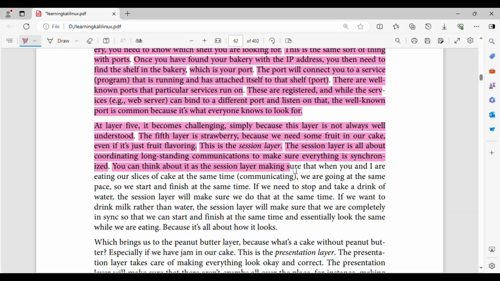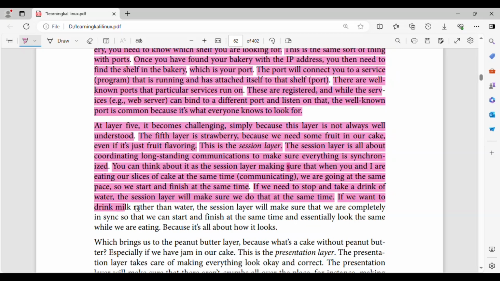You can think about it as the session layer making sure that when you and I are eating our slices of cake at the same time, communicating, we are going at the same pace, so we start and finish at the same time. If we need to stop and take a drink of water, the session layer will make sure we do that at the same time.